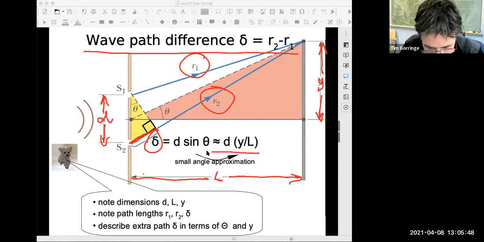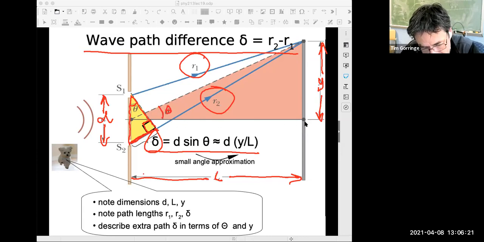And this is the formula. This is the key formula. If you look, delta is the opposite side of this right-angled triangle. The hypotenuse of this right-angled triangle is the slit separation. The angle in this right-angled triangle, I called it theta, and it's this angle in this triangle, and it's also this angle here in this similar triangle